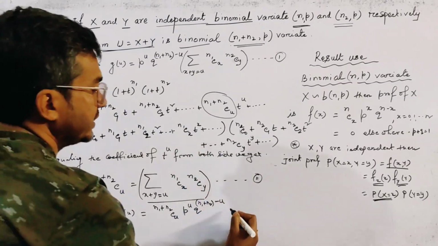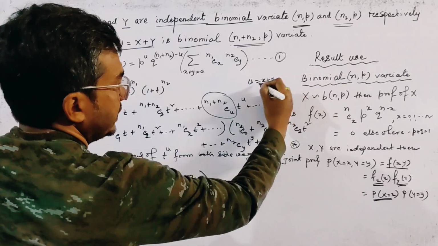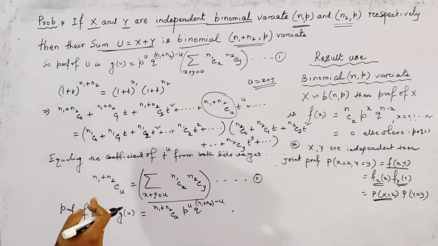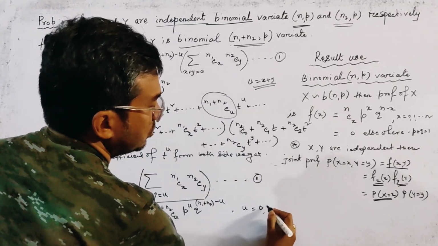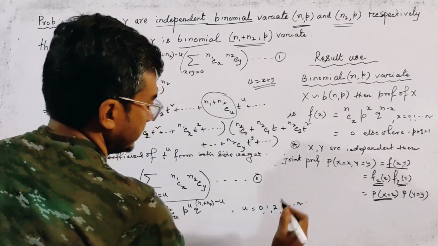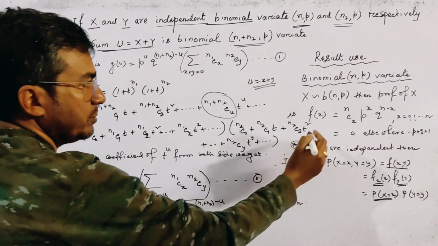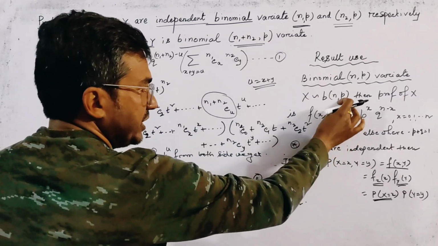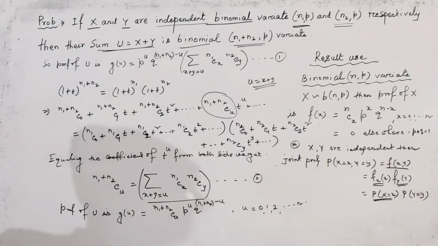And since u is x plus y, and the ranges of x and y are both 0, 1 to n, we must write here u is also 0, 1, 2 to n. And clearly if we compare this PMF with the PMF of x, which is a binomial n, p variate,